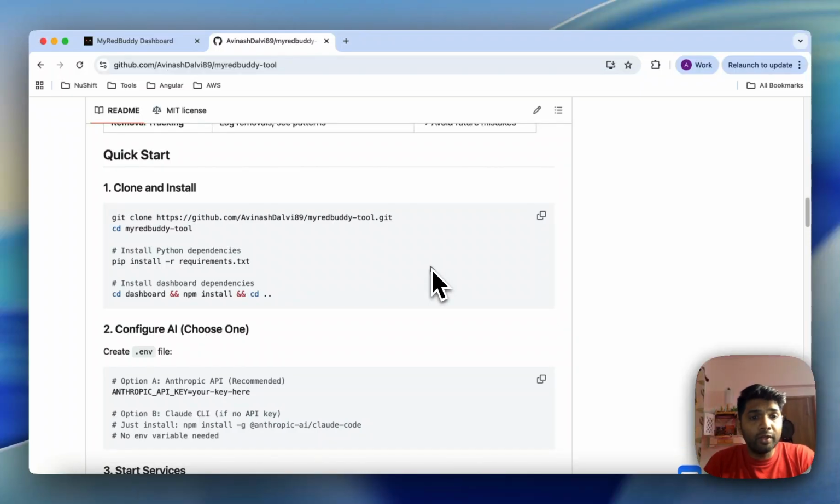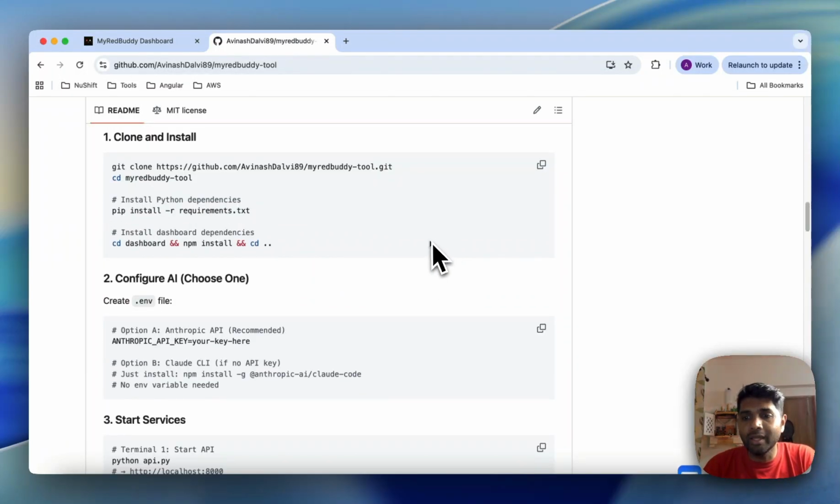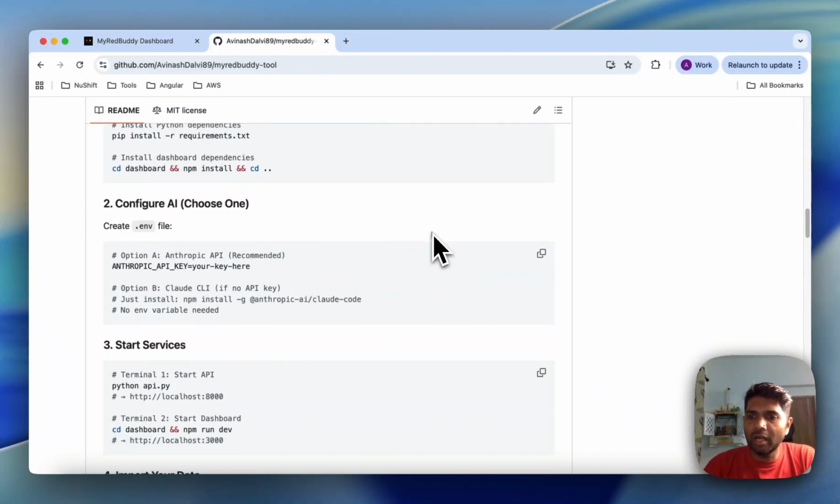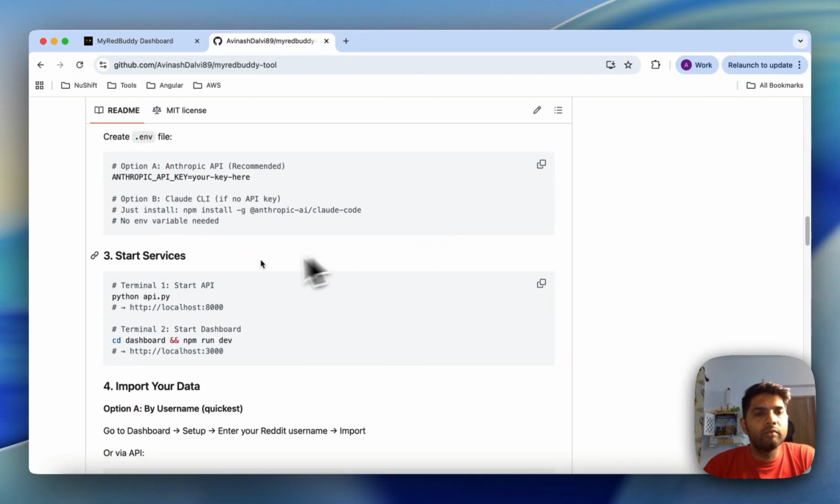Then you have to configure your Anthropic API. Currently, only Anthropic is supported. So if you go to the Anthropic API console, you can find your API key and paste it in the environment file. How do we start the services? Just go to the base root and run python API.py. It will launch the